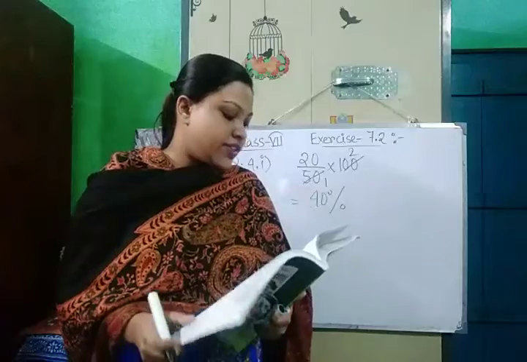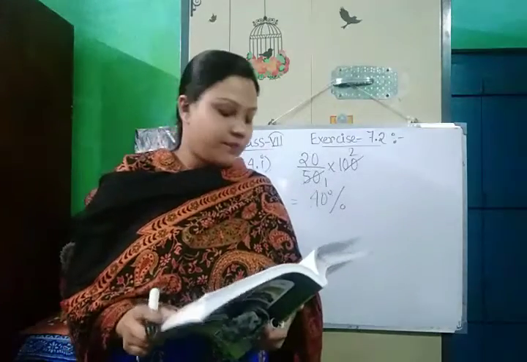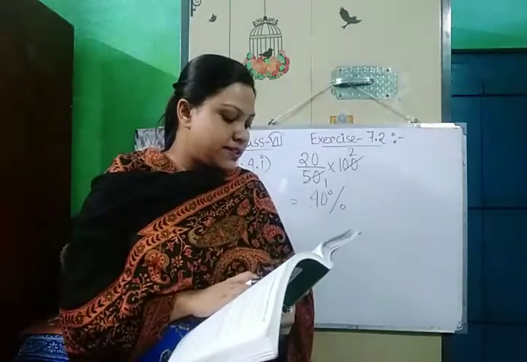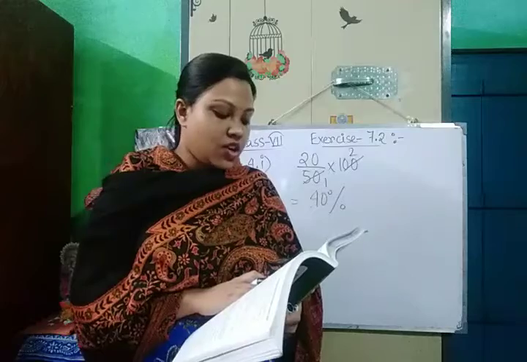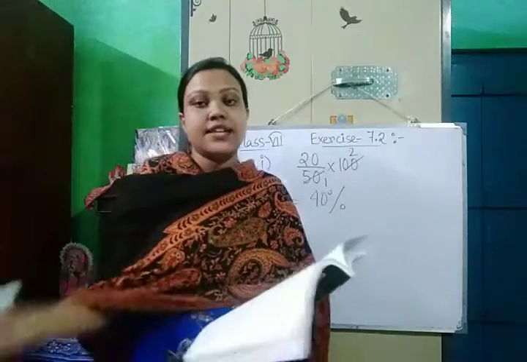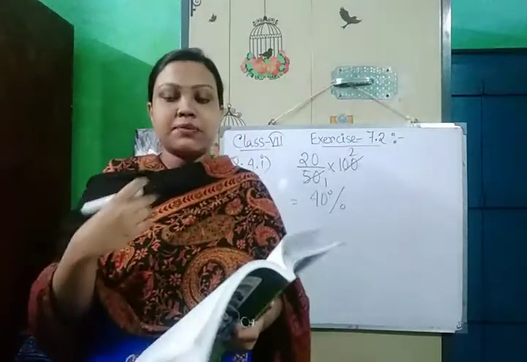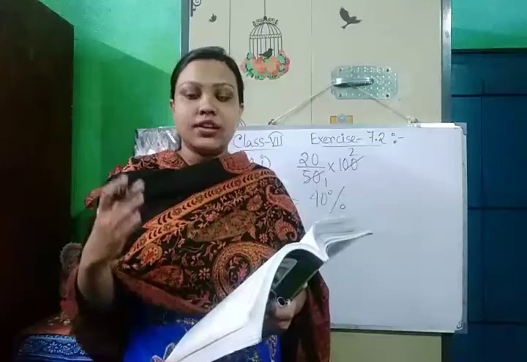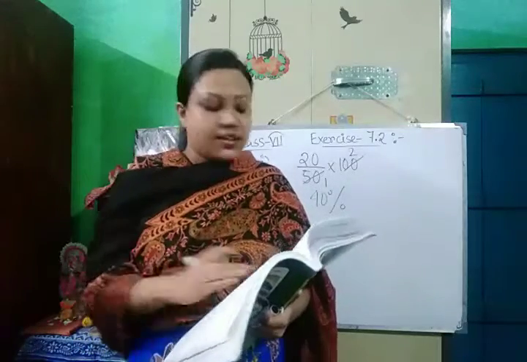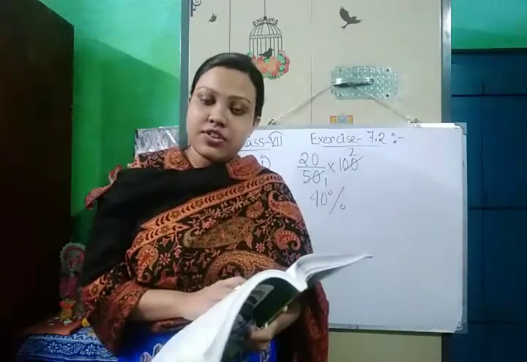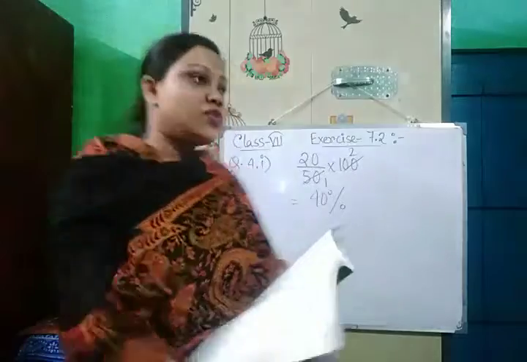Next I am doing question number 5, Roman 2. Question number 5 is what percent is 25 paise of 4 rupees. See, whenever we are going to find out this type of sums, we have to convert both of the things to the same unit. One is given in paise and another one is given in rupees. So what will we do?